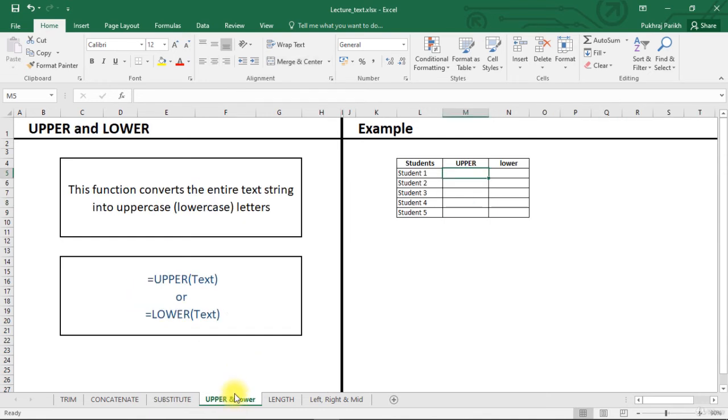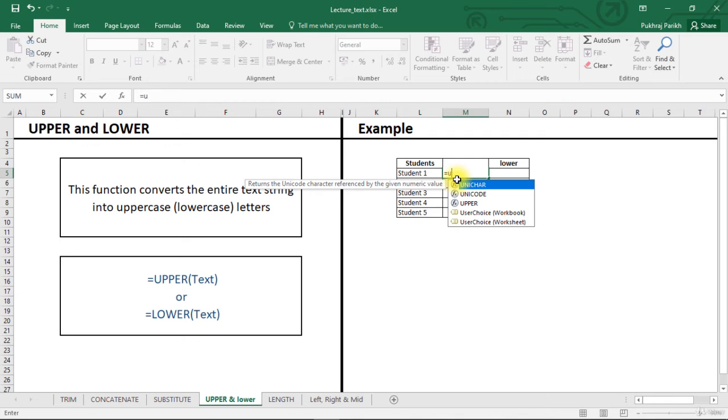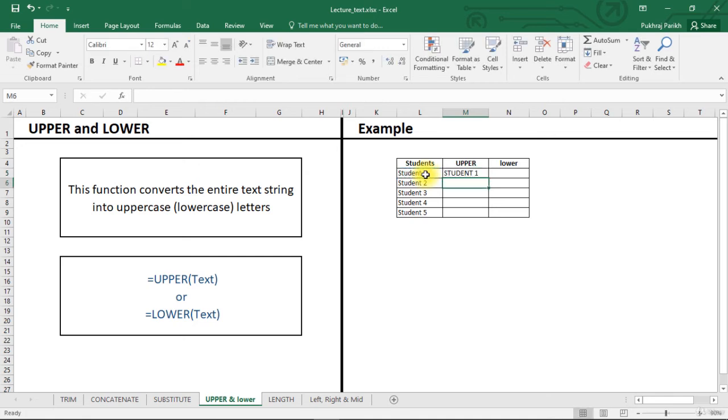Next is the upper and lower function. These functions simply convert the entire input string to upper or lower case. For this, we type is equal to upper and select the string. You can see that student 1 string is now completely in uppercase.